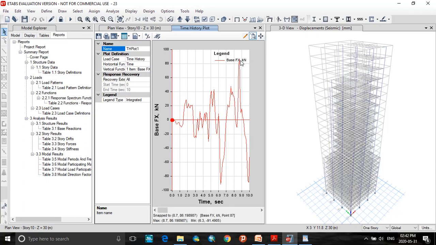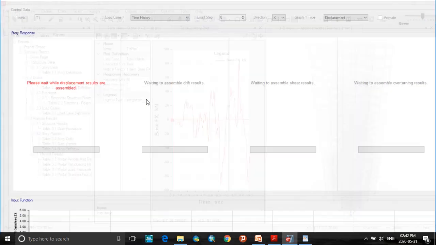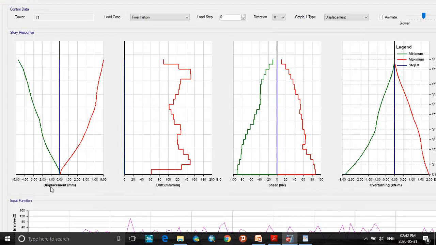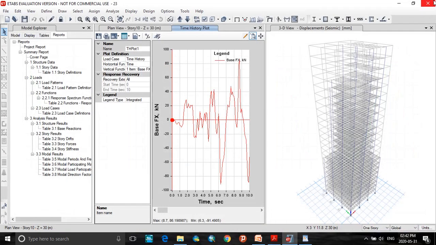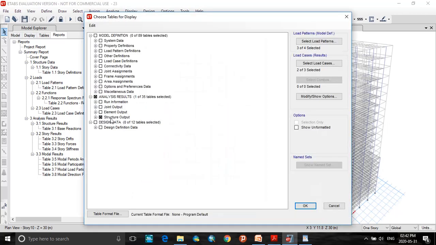So this is our max value for base shear force. Or else if you want to check the combined storey response plots, click on that. So you find displacement, drift, shear and overturning plots. Okay, click on close.